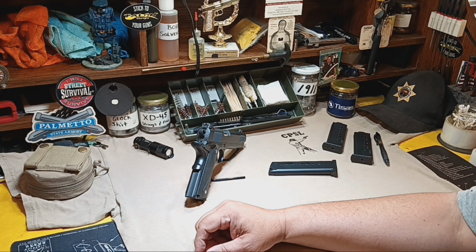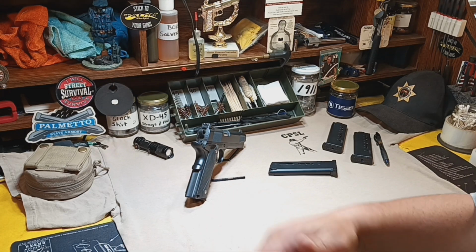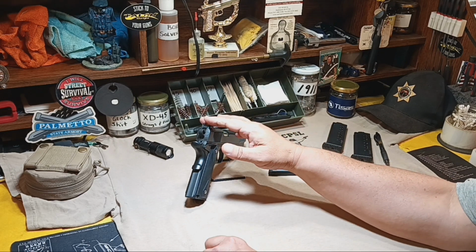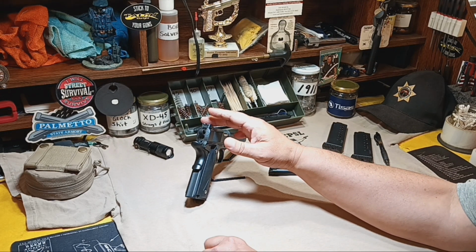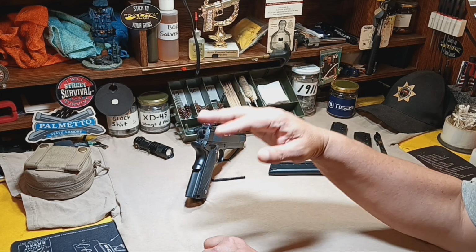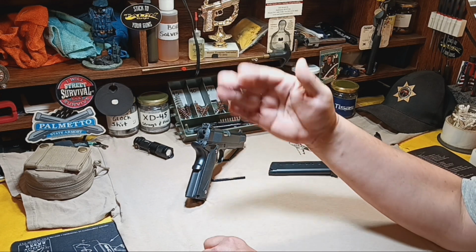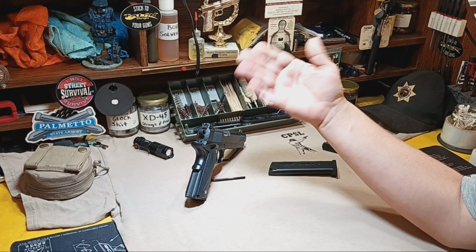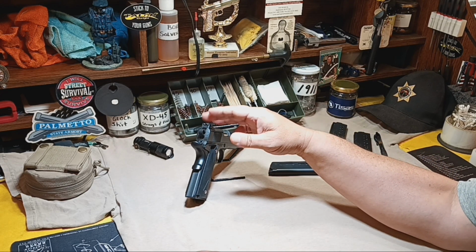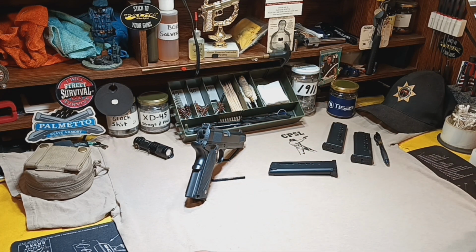Alright, so at this point, there's no real need in doing any sort of a full-blown tabletop review of this Duty B45, since most of the specs and info is the same as that on the Stakeout model that I reviewed earlier. If you want specific technical details, go back and watch that video, because it's basically the same. Now, this 1911 came with 2 8-round blued magazines,